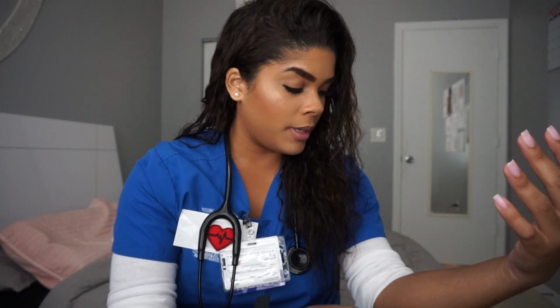Buy comfy shoes, bring healthy snacks if you have to. I know some people buy fanny packs and put it in, depends on your college, obviously. Personal safety with patients. There's patients who are sick. You're taking care of actual people. It's not a mannequin. People are going to be out of it because of medication and stuff like that, so